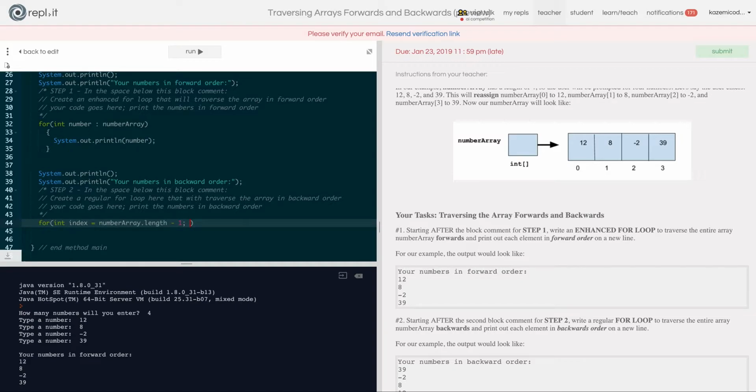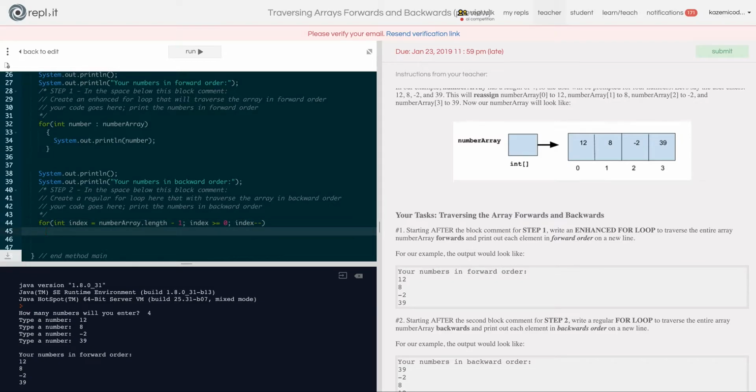And we want to go all the way up to 0, and we want to go one by one. So we want to make sure that our index is always going to be greater than or equal to 0. This means that as soon as we hit a negative number, we don't want to be in this for loop anymore because we don't want to go out of bounds. And since we're moving to the left from the end to the beginning, we're going to be decrementing index